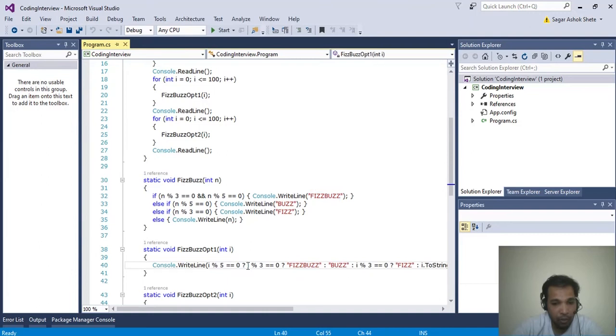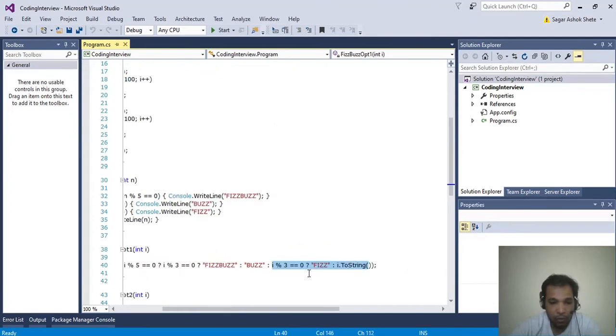So if it's true, then this statement would be executed. This one is the actual statement that would be executed if it's true, and this one is the statement which would be executed if it's false. Now moving on to if it's divisible by 5, in that case check if it's still divisible by